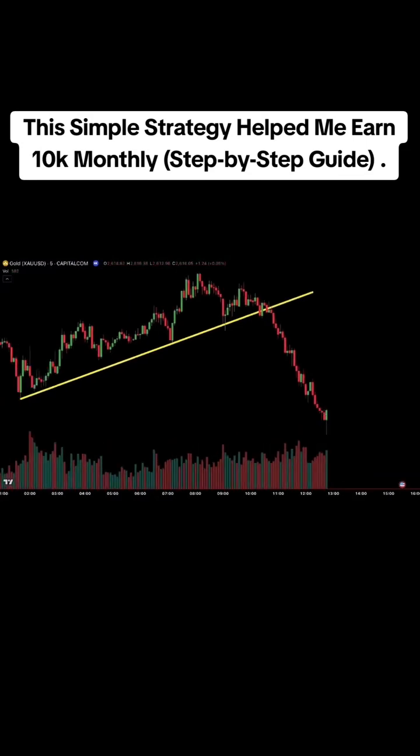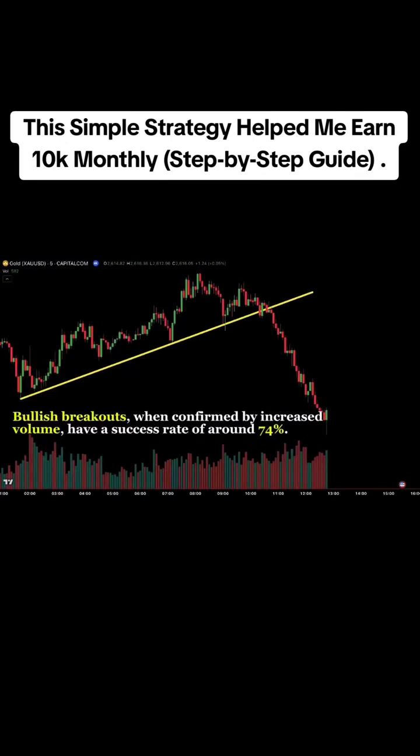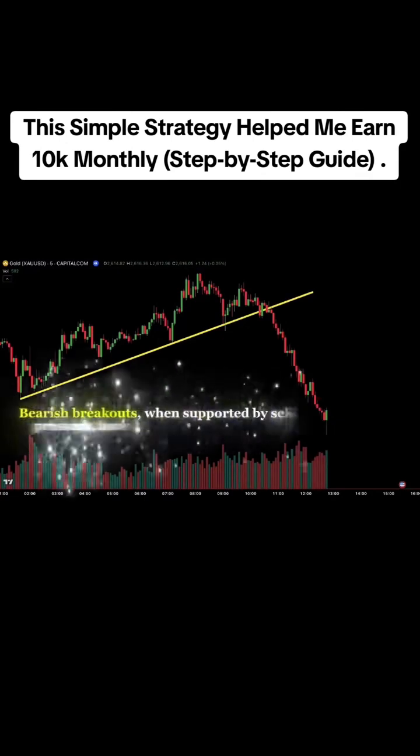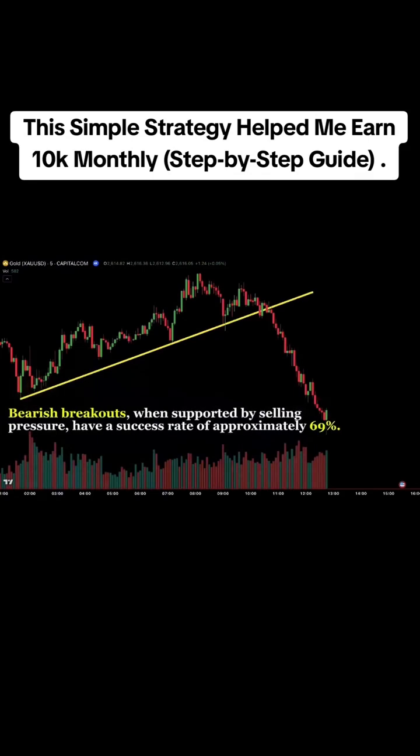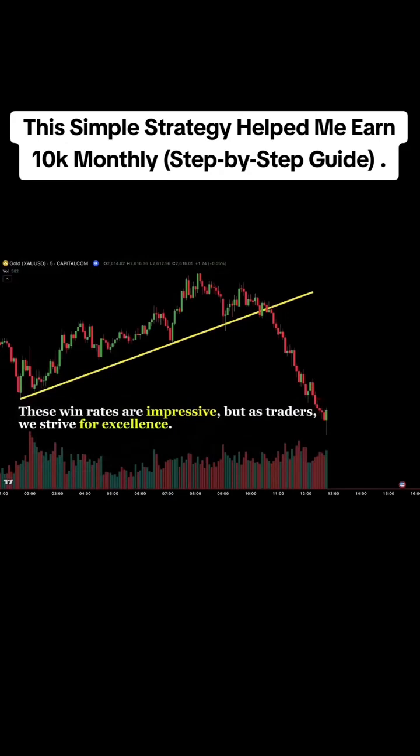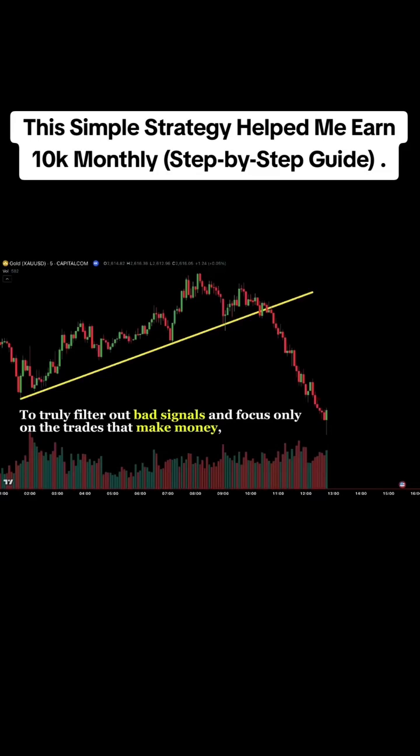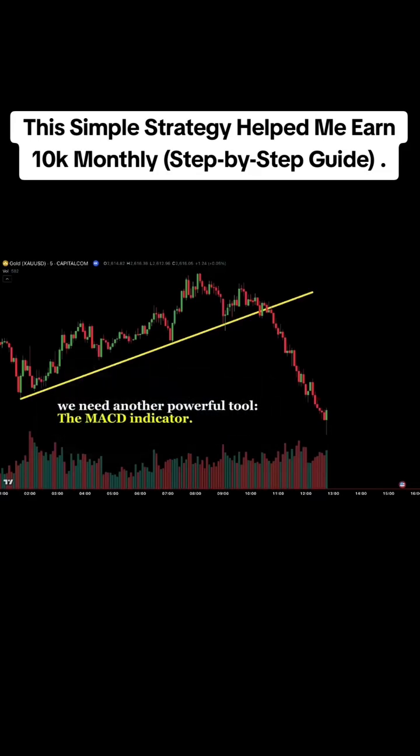Okay, let me tell you something. According to my backtesting results, bullish breakouts, when confirmed by increased volume, have a success rate of around 74%. Bearish breakouts, when supported by selling pressure, have a success rate of approximately 69%. These win rates are impressive, but as traders, we strive for excellence. To truly filter out bad signals and focus only on the trades that make money, we need another powerful tool: